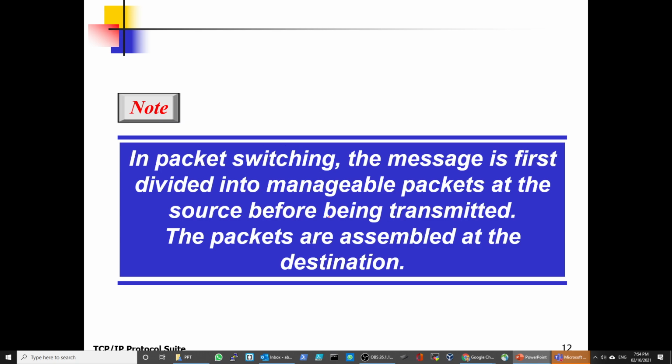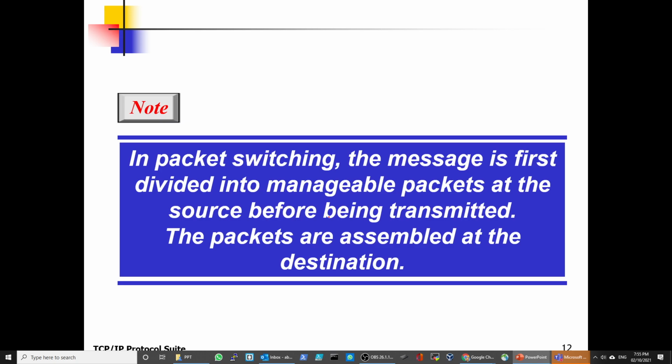So packet switching is where the message is first divided into manageable packets at the source before being transmitted. The packets are assembled at the destination. Each packet will travel by itself. Not to forget, let's say I'm inviting all of you for lunch in Greenwich Village in Manhattan.